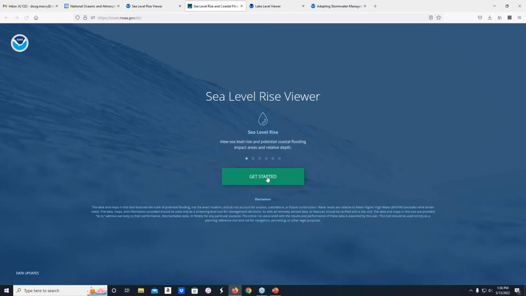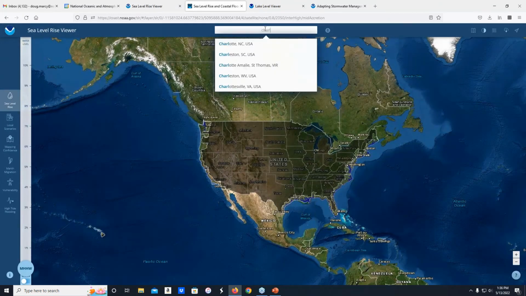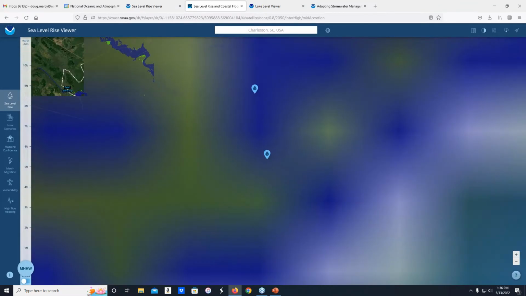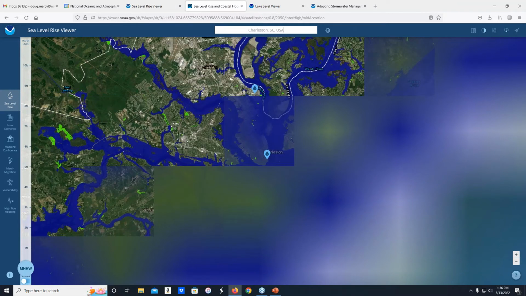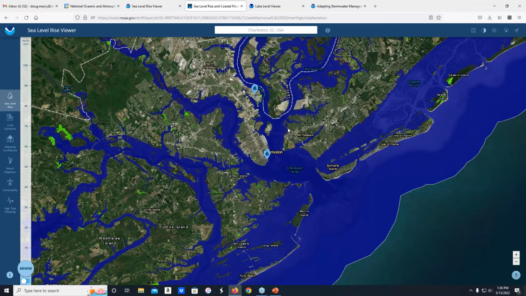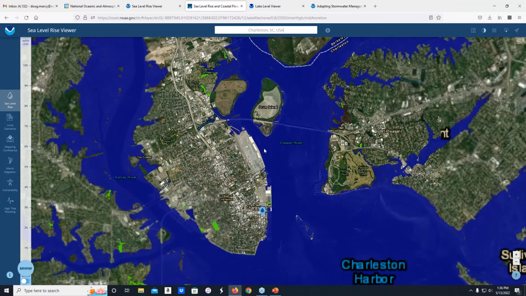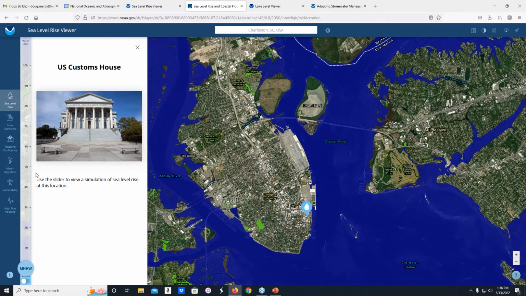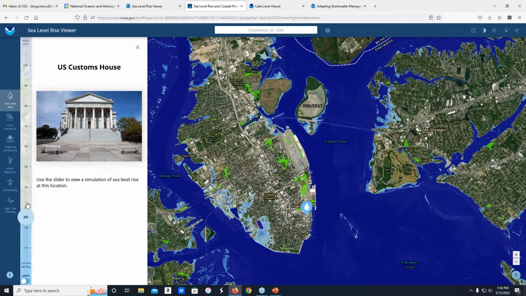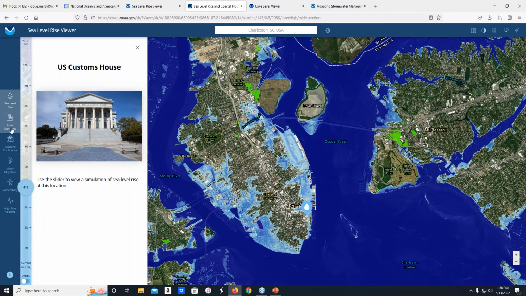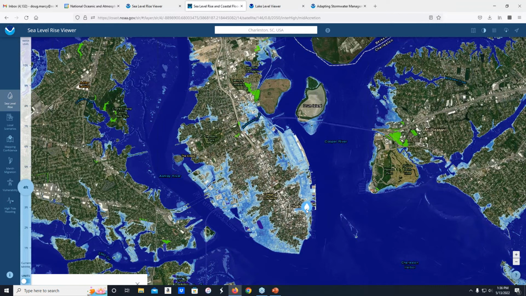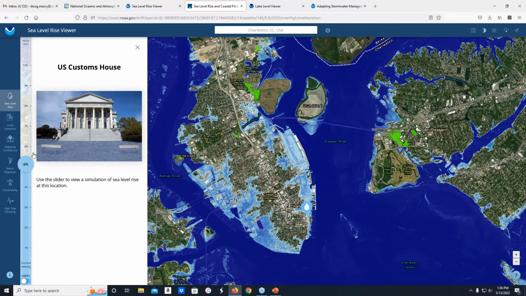All right, so I can just enter in an address. I'll do Charleston because that's where I'm living right now. Charleston, South Carolina, zooms in. At first, you can click on a location. This just shows you the Custom House in downtown Charleston. This starts out at mean high water, and you basically increase in 1 foot increments above that to see the areas that would be impacted. I don't know if you saw that in the picture there, but the water starts to flood in the picture. It shows you what is going to happen on the ground.